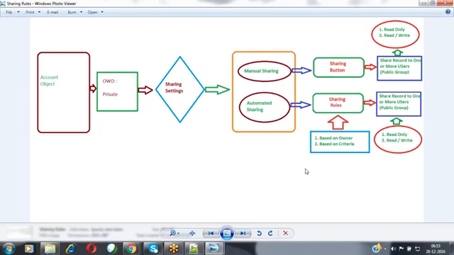Like that, multiple sharing rules we have to create. But the conditions which we have specified will be static. We cannot make them dynamic. If you want to make the conditions dynamic and share the record based on that, then we can go with Apex sharing.